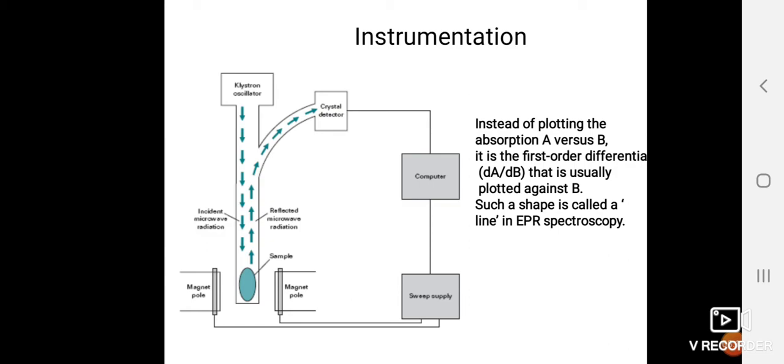On the other side, there is a sweep supply, which is used if you are going to change the magnetic field. If you are changing the frequency instead, then we alter it using a klystron oscillator. And instead of plotting the absorption versus magnetic field strength, the first order derivative is usually plotted against the magnetic field in ESR,